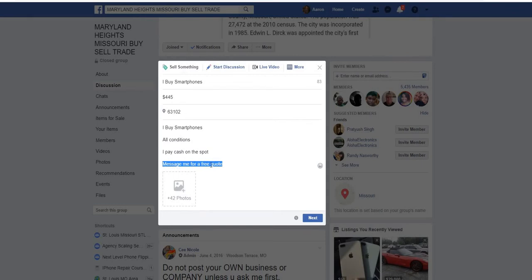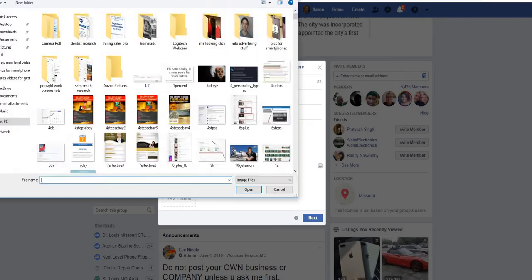So we say message me for a free quote. Because if someone's on Facebook, it's just easier for them to send you a message when they're on there than for them to go in the other room, get their phone from the charger, enter in the 5-digit passcode, mess it up, enter it again, hit the green icon, pull up the thing where it says call, look at your phone number and type it in 3 numbers at a time. We have to cater to the customer. It's easier for them just to message us. So it should say message me for a free quote. Now, what else does that mean? That means when we're doing ads, my friends,